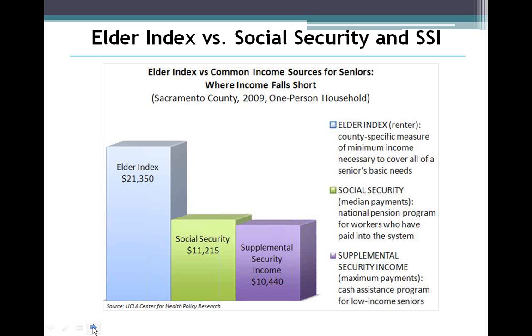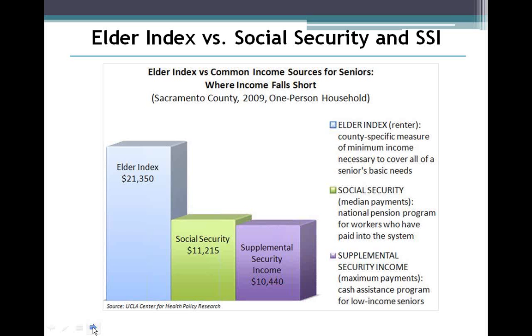And so in this particular case, we've compared the Elder Index for a 1-person household living in Sacramento County to the median payment for Social Security, as well as the maximum payment for SSI, the Supplemental Security Income. And this particular slide was made a couple of years ago, but the point still stands, especially given the threats of cuts to these programs, that many times when older adults are reliant on just one, if not a combination of sources of income such as these, it's all that more critical that those income sources remain available to them at the levels at which they're currently being provided, if not at a higher level, because you just see that there's that gap between the